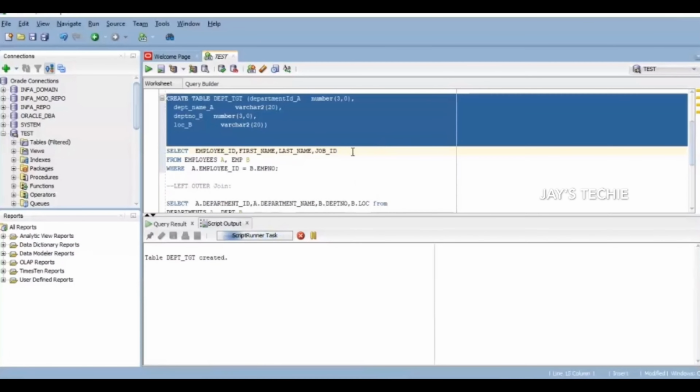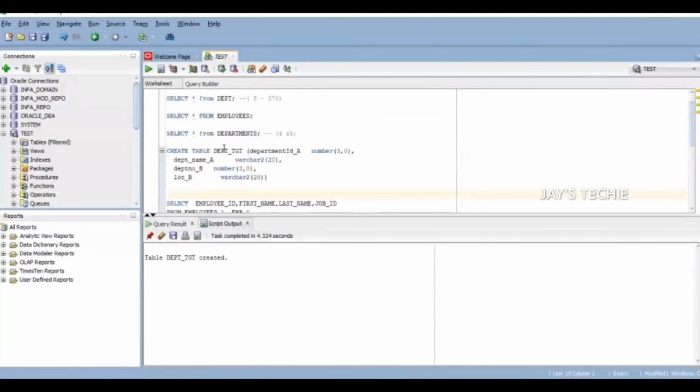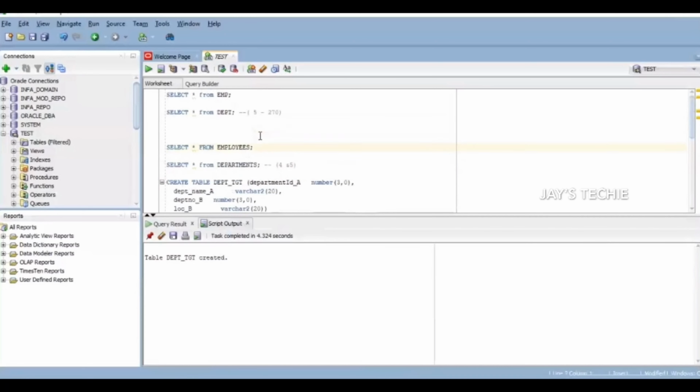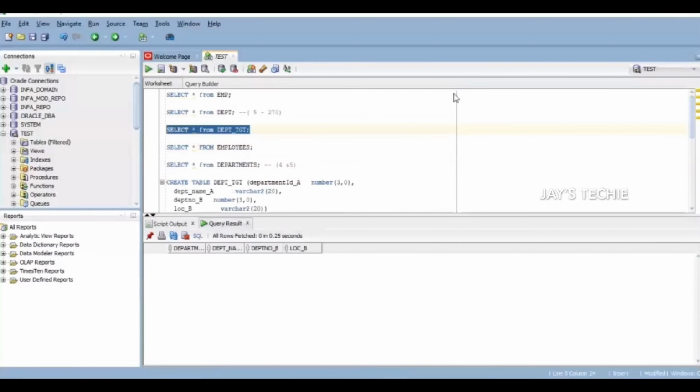Yeah, table created. Now let us select this table: select star from department target. Currently we have 4 columns, same as we see here. That's the reason I created it with the same column information.